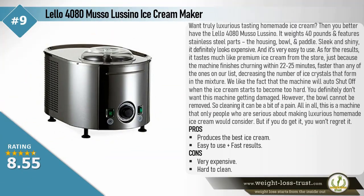Lello 4080 Musso Lussino ice cream maker. Want truly luxurious tasting homemade ice cream? Then you better have the Lello 4080 Musso Lussino. It weighs 40 pounds and features stainless steel parts, the housing, bowl, and paddle. Sleek and shiny, it definitely looks expensive. And it's very easy to use. As for the results, it tastes much like premium ice cream from the store, just because the machine finishes churning within 22 to 25 minutes, faster than any of the ones on our list,